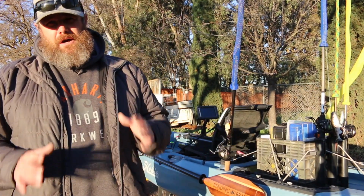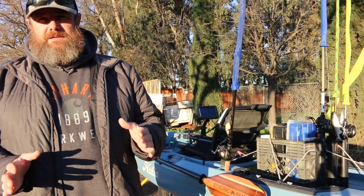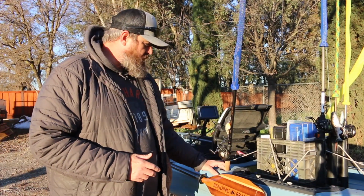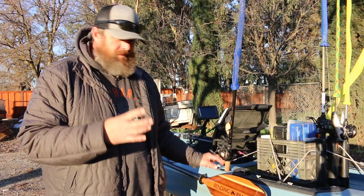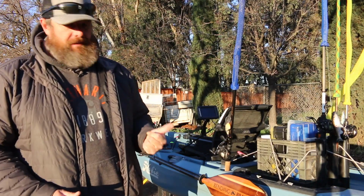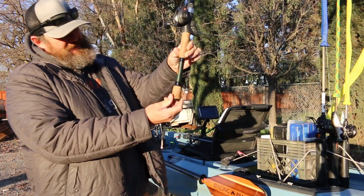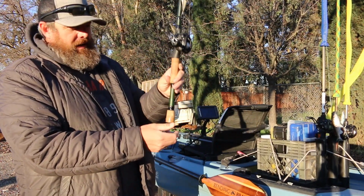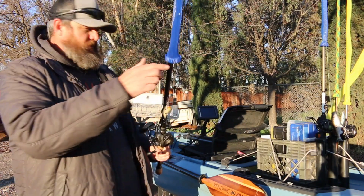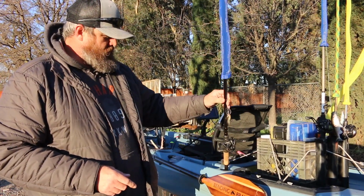All right, so let's go into some of the cons, and we're going to talk specifically about a few things. One thing is pretty obvious once you start fishing out of the kayak, and it's these rod holders, the built-in rod holders, which there are 4 of, 2 on each side here, these 2 up front. And those up front ones actually come in really handy, but they're not that deep. So they're probably about 6 inches deep. And that might seem like it's enough, and it probably is. I haven't had anything bounce out before, but I have felt like on numerous occasions that I was going to lose a rod